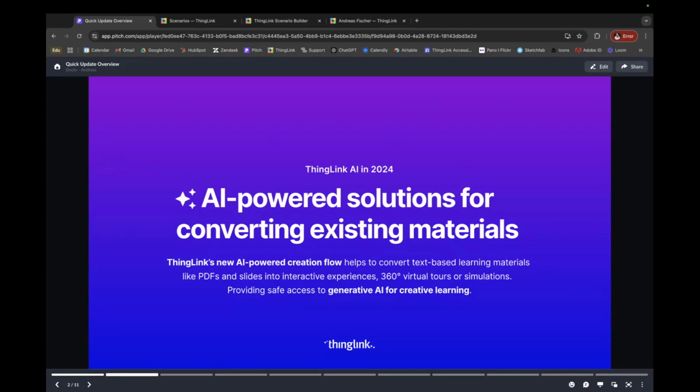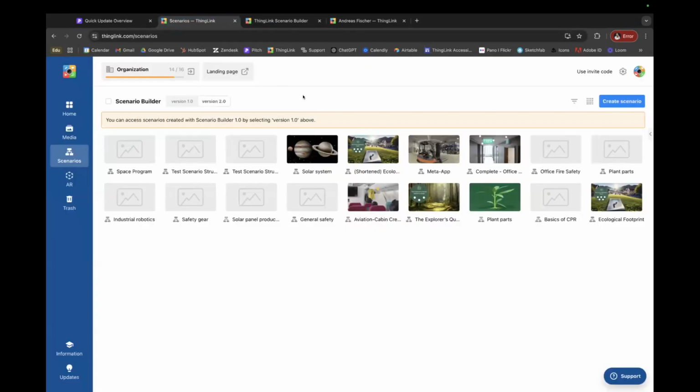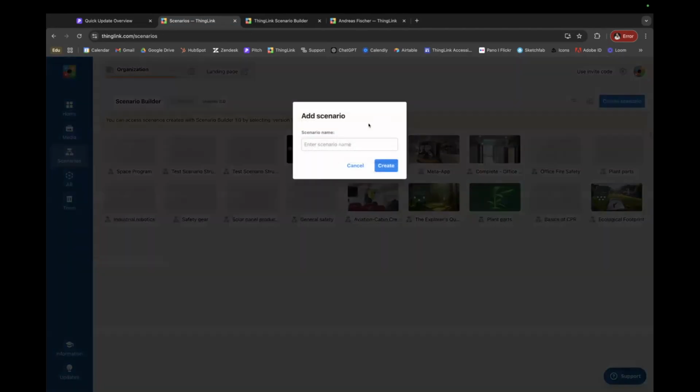I'm aware that you are already somewhat familiar with ThingLink, so I would not give you the broader explanation, but just jump into our scenario builder. There are a few bits and pieces that I will delve deeper into as we go through the new tool. So with our scenario builder, you can basically create interactive learning experiences, whether those are simulations, presentations, digital escape